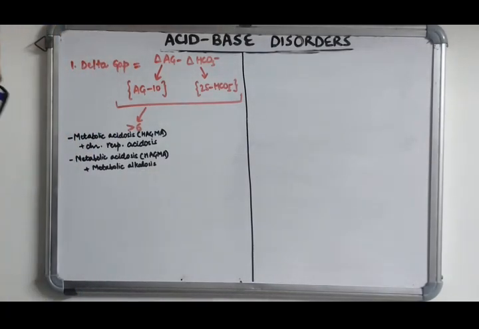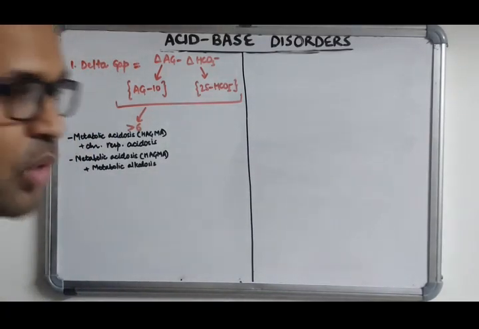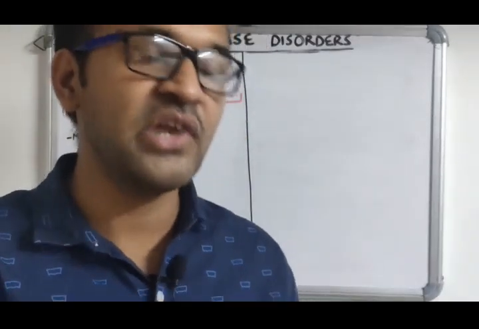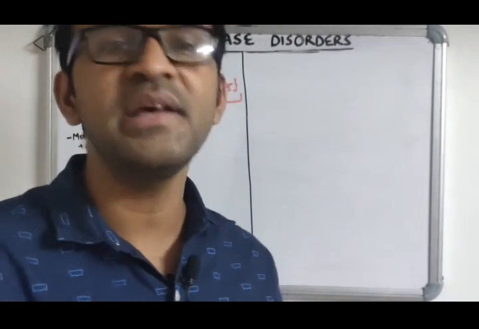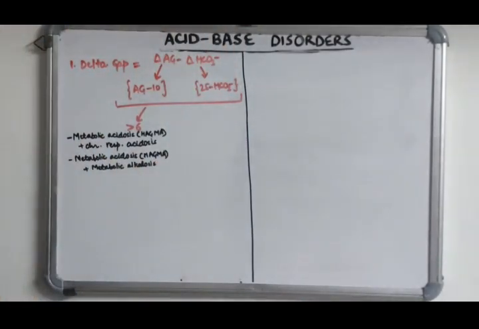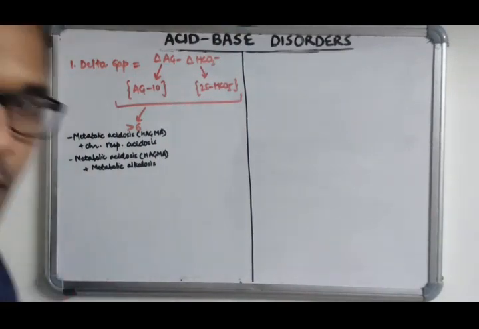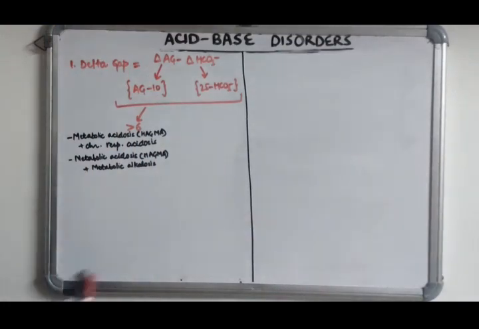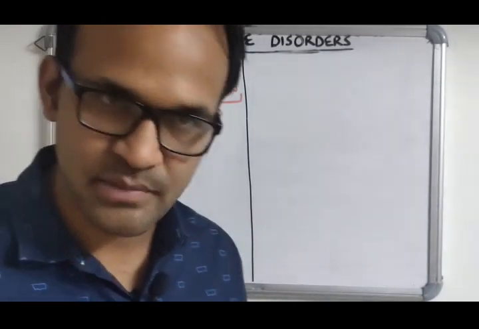Okay, now let me tell you very important that why anion gap is so important. The high anion gap is significant clinically even if the pH or bicarbonate is normal. Say if we take the example of metabolic acidosis plus metabolic alkalosis, the pH can be normal, but if there is a high anion gap, you must calculate this delta gap in order to look for mixed acid base disorders.